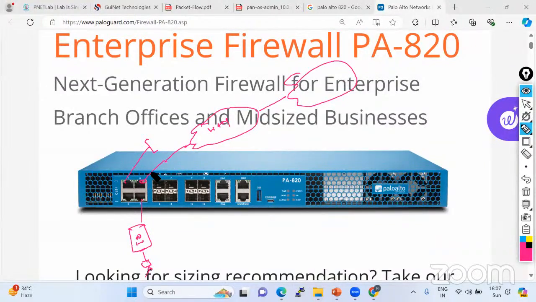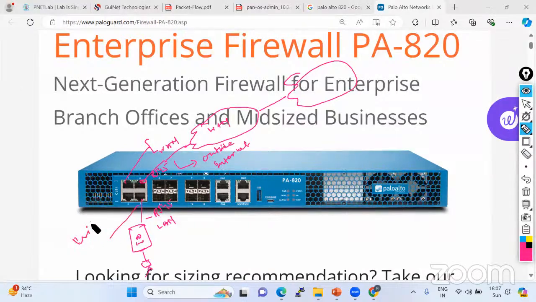So if I am going to connect the RJ45 cable on this port and also RJ45 on this port, I have to give the name of the zone, which should be meaningful. What could be meaningful? This could be the WAN zone. This could be the LAN zone. This is the more generic LAN and WAN. If I want to give another name, like the outside zone or the internet zone, this could be the